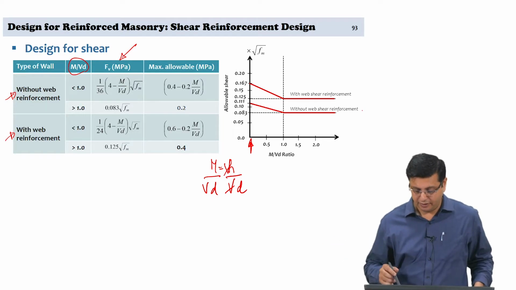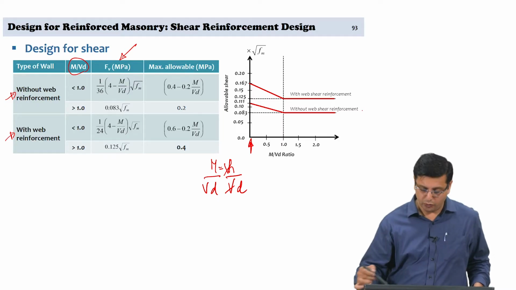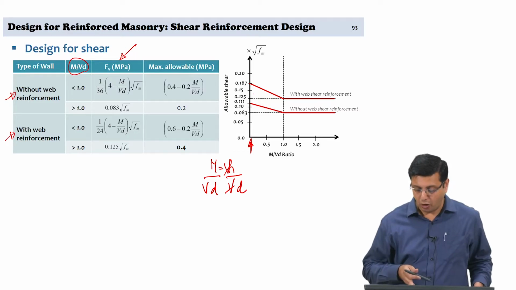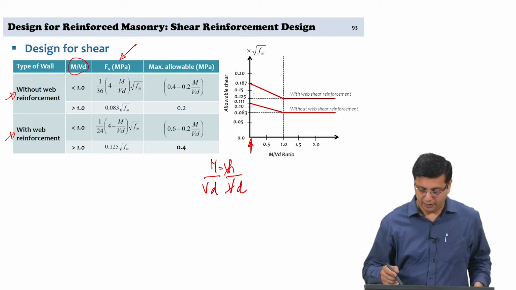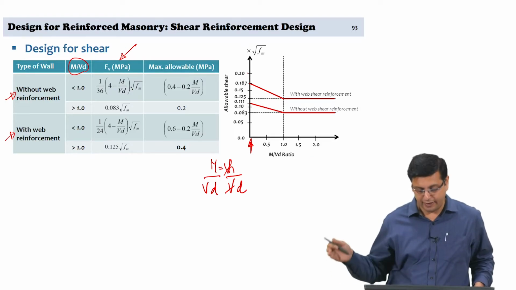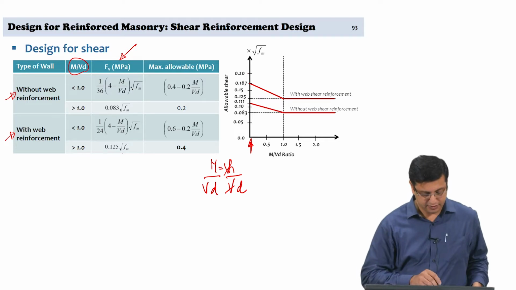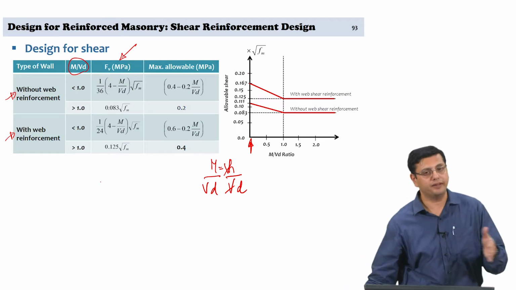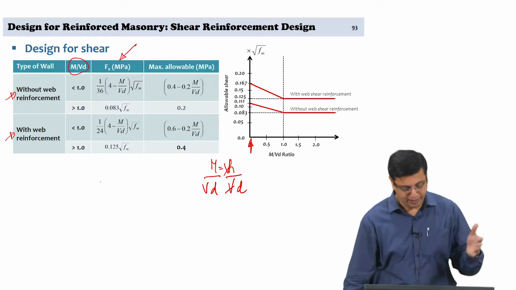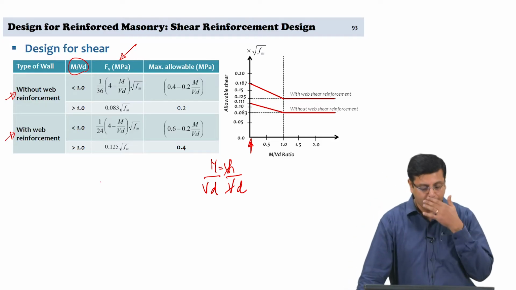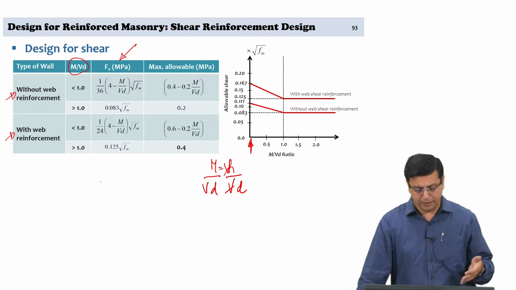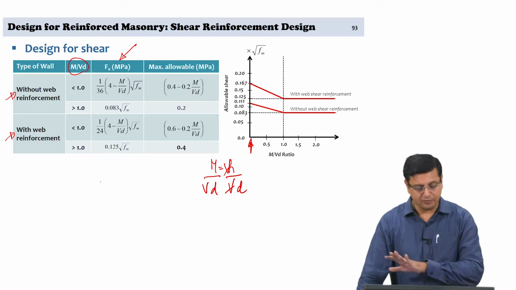So, there is a limiting value put there, and if you have web shear reinforcement, you are going from a small M by Vd ratio, H by D, to larger H by D ratios from 0.167, and then it saturates at 0.125 square root of f prime m or Fm, and the maximum value there, irrespective of the compressive strength, is 0.4 MPa. So, this